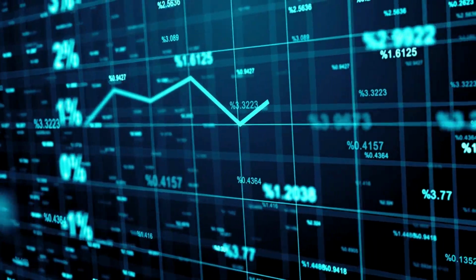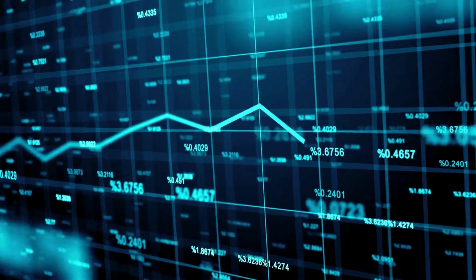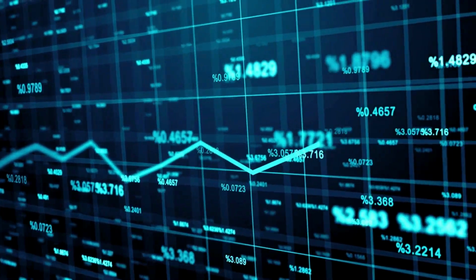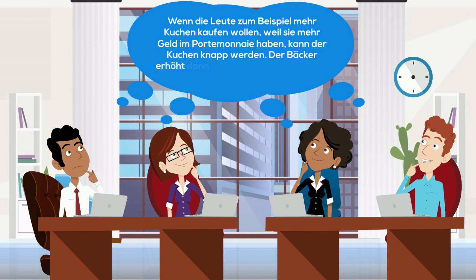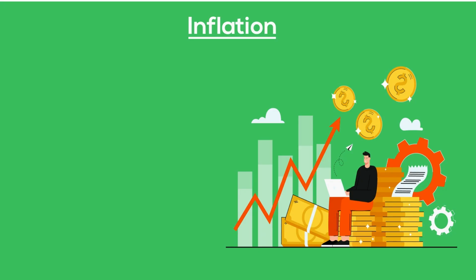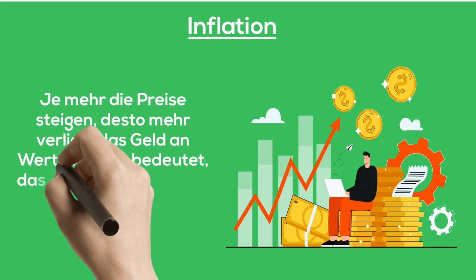Inflation means that products become more and more expensive. This happens when people have more money than there are goods. For example, if people want to buy more cake because they have more money in their wallets, the cake can become scarce. The baker then raises his prices because people are willing to pay for it. The more prices rise, the more money loses value, and that means you get much less food and goods for